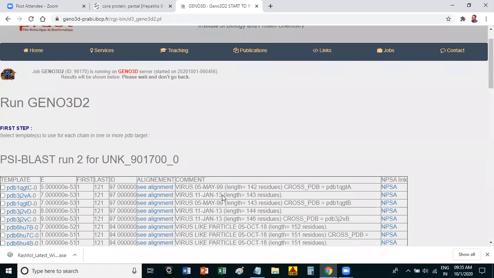In BLAST also you got results like this, no? Either some identity they show, yes or no?